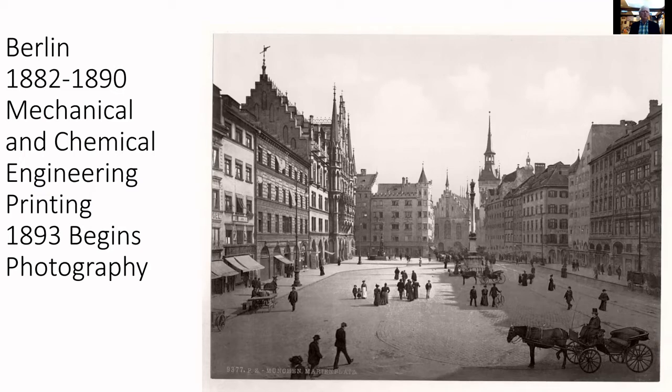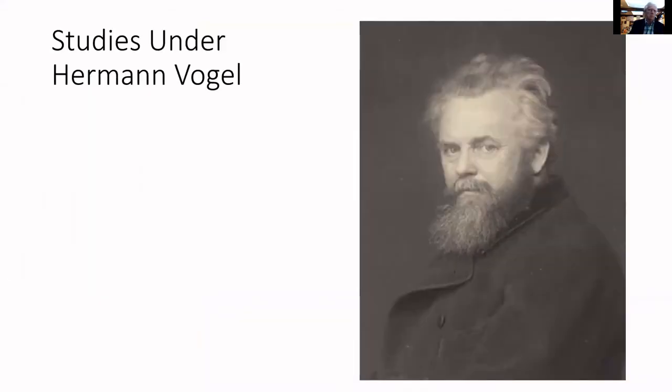he lucks into a lecture about the beginnings of photography and chemistry, and ends up working with a genius, a German chemical engineer who's perfecting chemical processes, and ends up studying photography and becoming a photographer while he's there, learning the highest level of printing techniques and everything there was to know about photography at the time. So he's a spectacular technician to begin with. And this is Vogel, who was his professor, who was one of the 2 or 3 most famous chemical engineers connected with photography in the world.